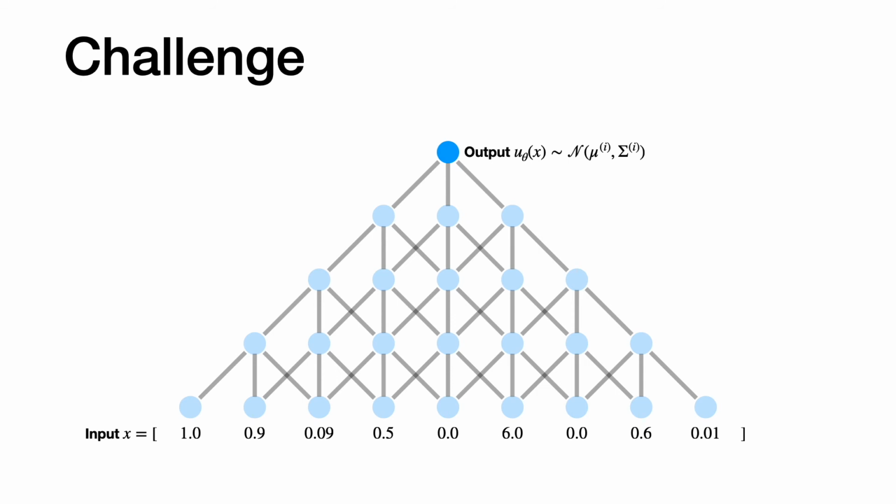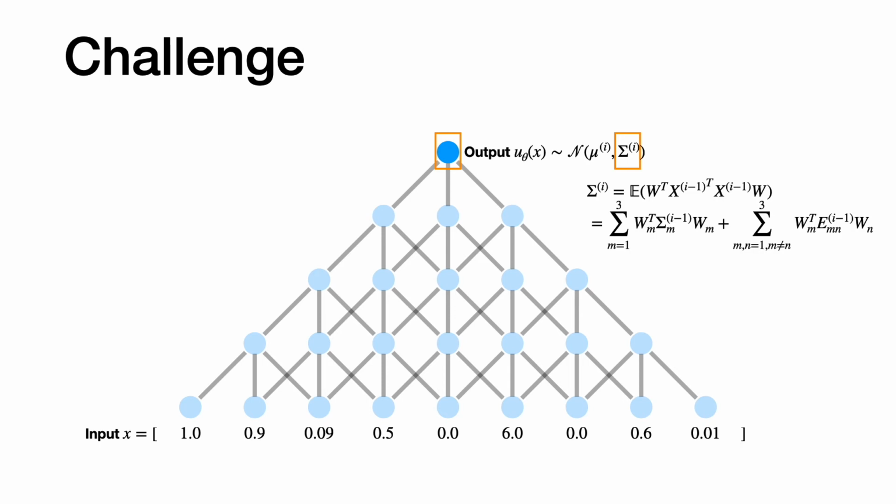So what is the challenge of tracking the distribution exactly? Why shouldn't we do this? Well, this approach runs into some difficulties. Let us look at the last layer. In the last layer, we want to calculate the distribution of u theta x, so we will need to compute the sigma I. What do we need to calculate sigma I? Well, it depends on quantities in the second last layer. So if we write down the equation of sigma I involving terms in the second last layer, as shown here, it will require 3 covariance matrices sigma and 3 cross-correlation matrices E, highlighted in blue and red.